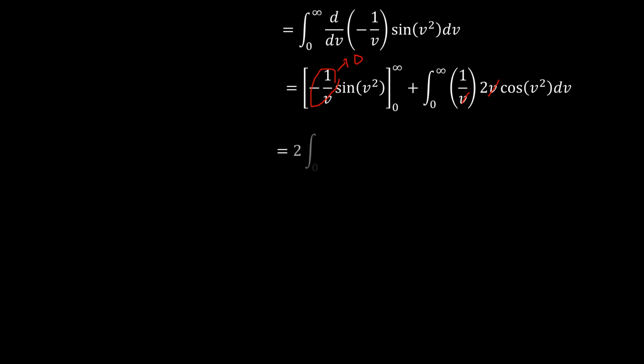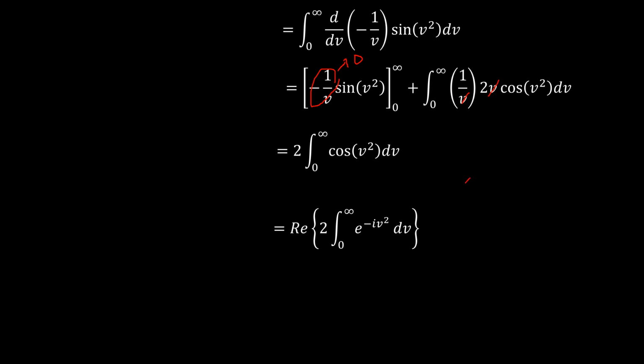And so we are left with now twice the integral of cosine v squared from v equals 0 to infinity. Now this is the same as the real part of twice the integral of e to the power negative